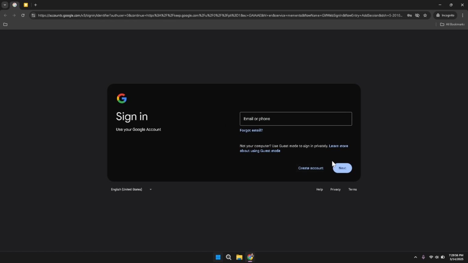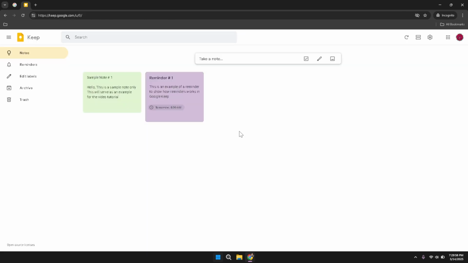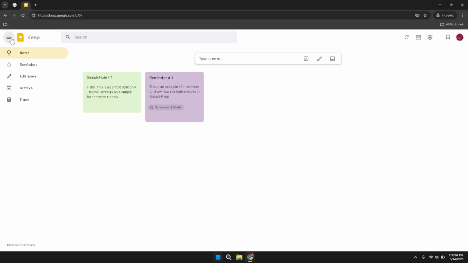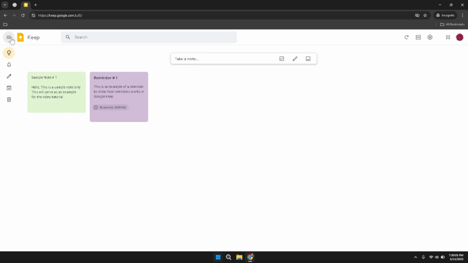After successfully logging in, take a moment to familiarize yourself with the Google Keep interface. In the top left corner of the screen, you'll notice the main menu icon. This menu is your gateway to navigating through different sections of Google Keep. Clicking on the main menu icon will toggle the visibility of the main controls located on the left panel. Minimizing the main controls can help declutter your workspace, allowing you to focus more on your notes and less on